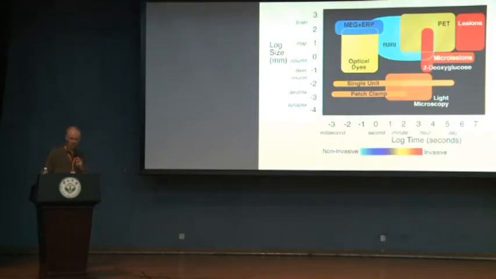Let me switch gears here and zoom down to one of the most precise measures. So in this graph here of the resolution in space and time of different measures, lesions and fMRI are up here, single unit recordings are by far the best resolution in both space and time. They have a problem, which is that their field of view is tiny, but still they have very good resolution, which is why in many animal studies of social cognition, you want to put an electrode in and measure how single neurons respond.